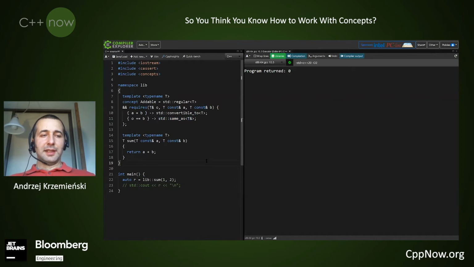And now I want to constrain my library with this concept. And why do I want to do it? Because apparently my users already use my generic library and it works. So the goal is to give my users a better experience when something goes wrong, when they make a mistake and pass me the wrong type.